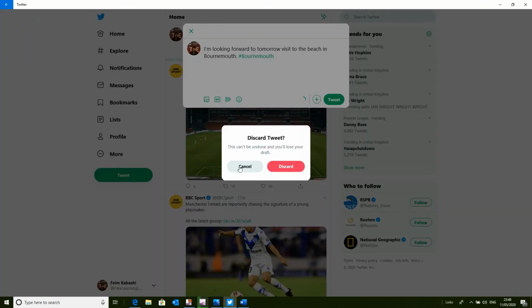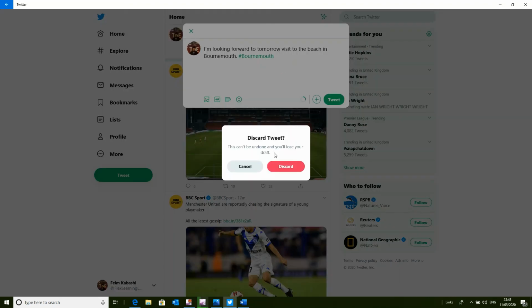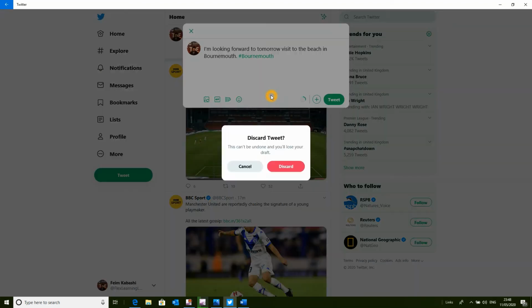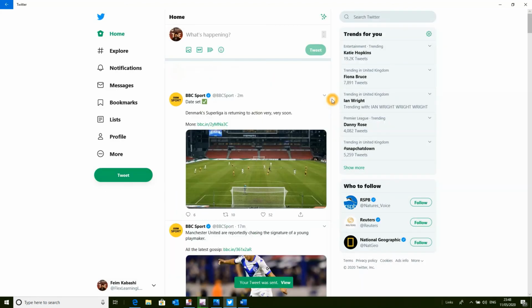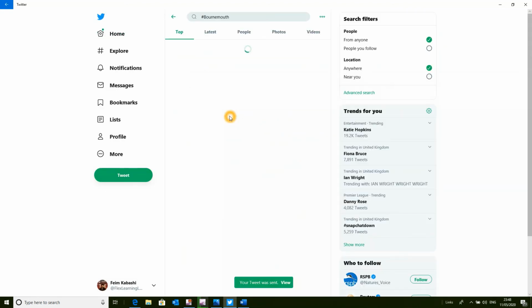So you want to discard that? No, I don't want to discard that, but you can go back and do another tweet, and I just type, for example, another tweet. Or maybe you can just click on tweet, save this, and let's go and test it first, and then click on this hyperlink here,